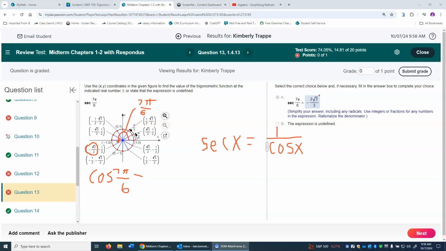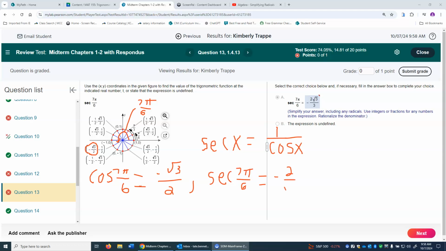So this cosine of 7 pi over 6 would equal minus square root of 3 over 2. But we're not wanting the cosine, we're wanting the secant. And so we've got to take the reciprocal of that. So the secant of 7 pi over 6 is what we're asked for, and if you take the reciprocal, or flip the fraction, it's going to be minus 2 over